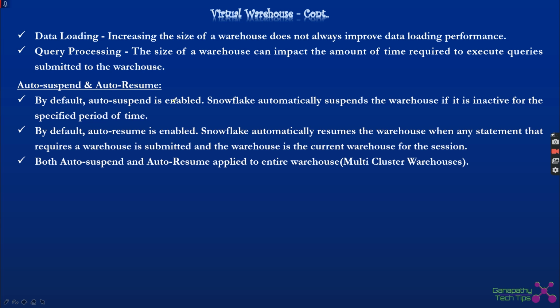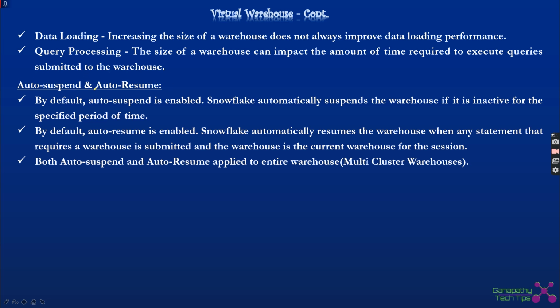Auto suspend is all about suspending the warehouse when there is no action happening on the warehouse for a specific period of time. It automatically suspends the warehouse, so the credits won't be consumed. This is specified while creating the warehouse, and it can be overridden at any point in time using the alter warehouse command as well.